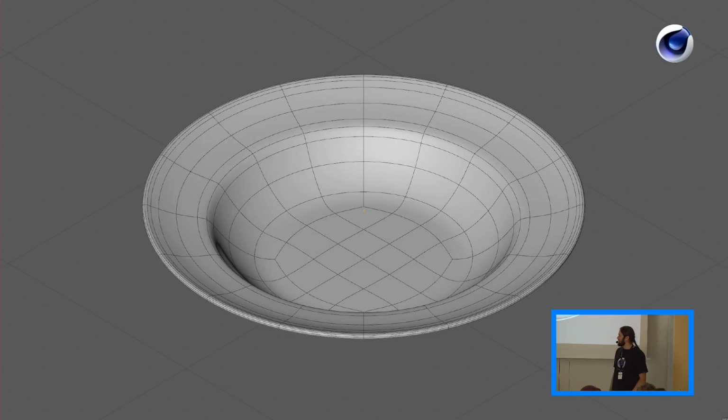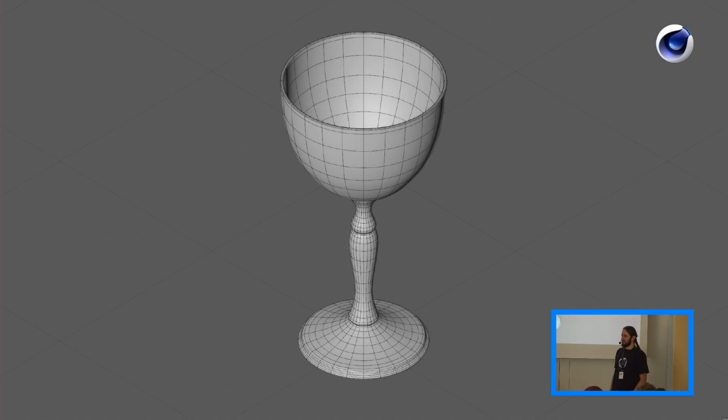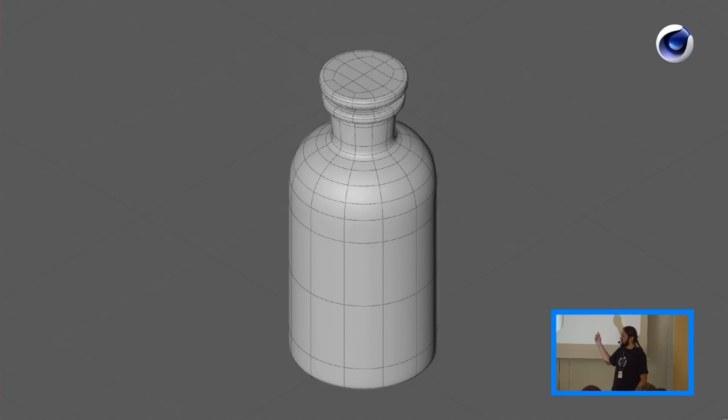So those are rather simple ones, like round objects are always the easiest. You can just use a lathe, or you can just model them and then adjust the width of the polygon rings, which is what I normally do, because it gives me greater flexibility. When I model stuff like that, I always try to model it with a thick wall, so you can make it glass, because I wasn't quite sure if it would end up in glass or in porcelain or something else,